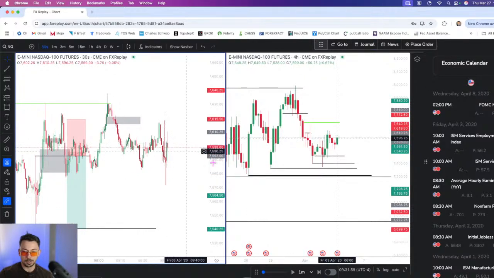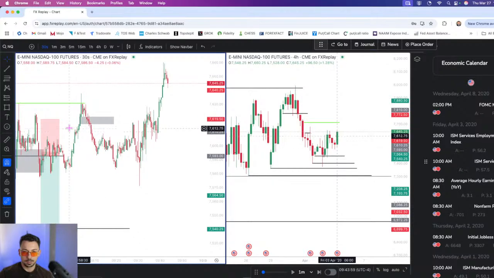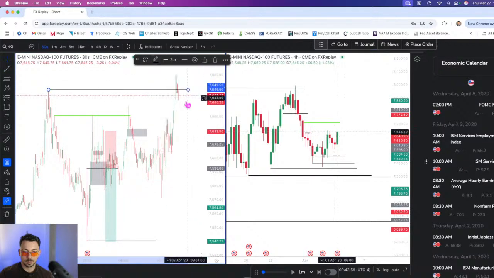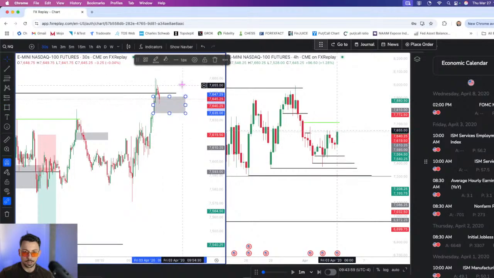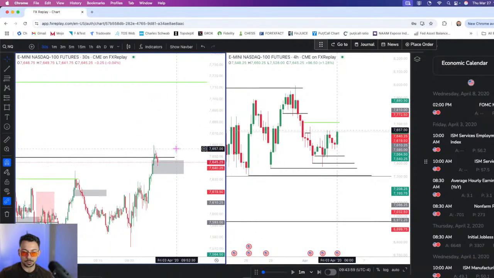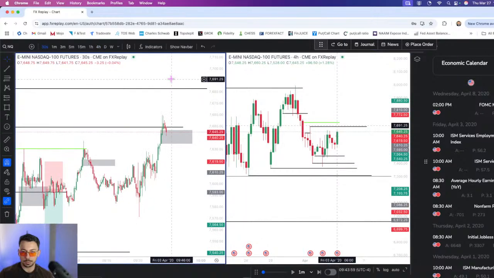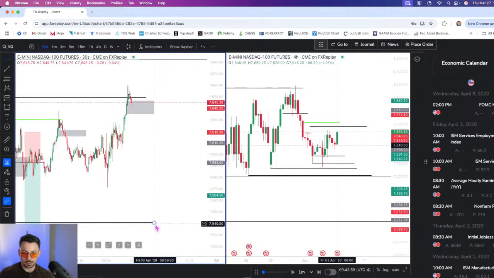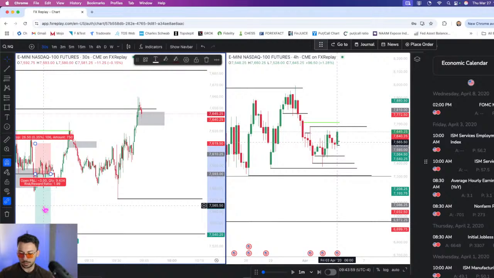Okay, so this was market open. Let's see what happens here. Okay, so all the LRLR got swept. This, to me, looks pretty good to the downside. But I will be honest, we do have equal highs right above, so this is very tough to take. But let's see what we get here. I am going to label this high 2 on the 4-hour because that's also really important. But we still do have that 930, that data low and the 930 low. So these could still be pretty good targets here, but let's see what we get.